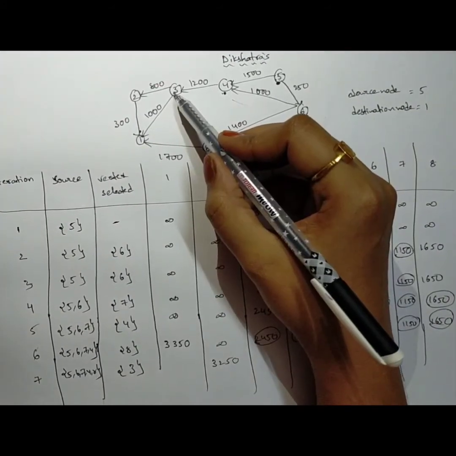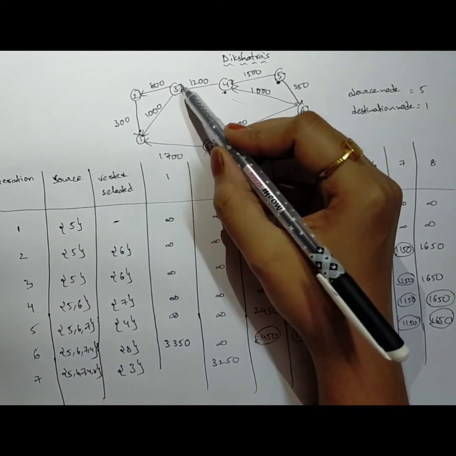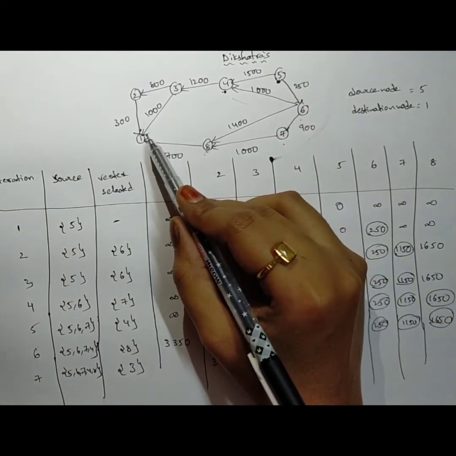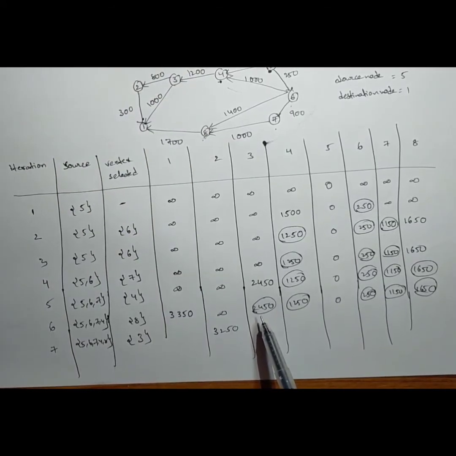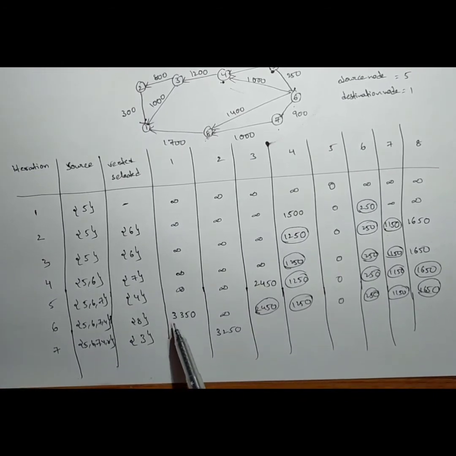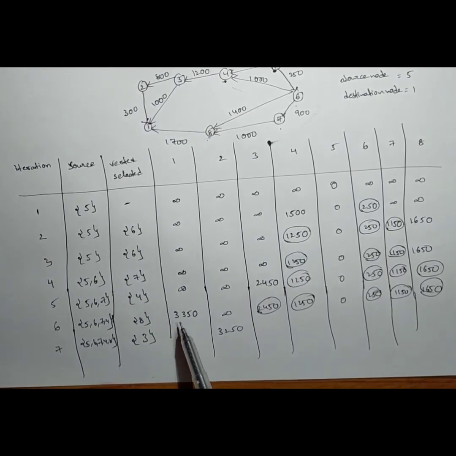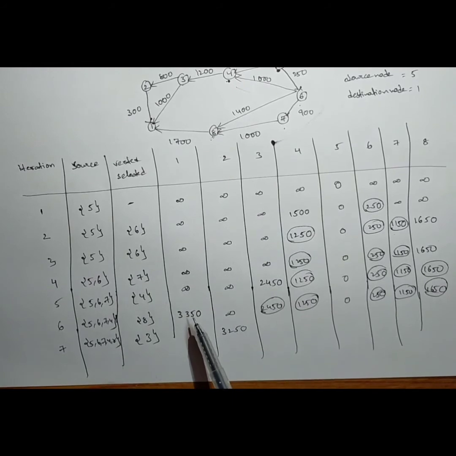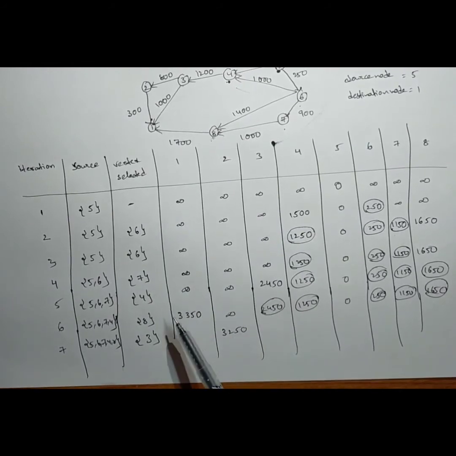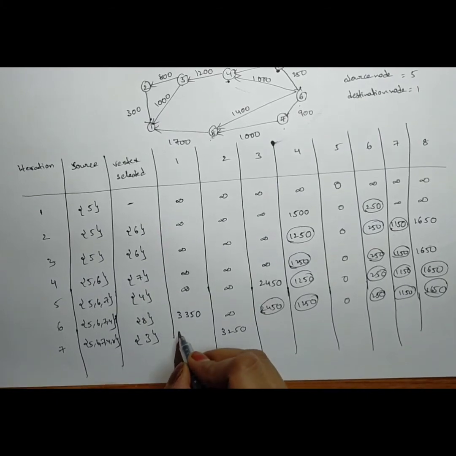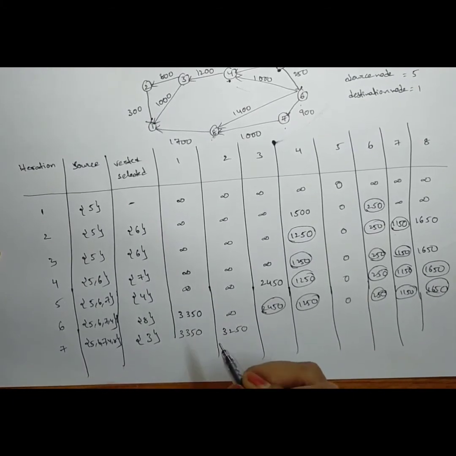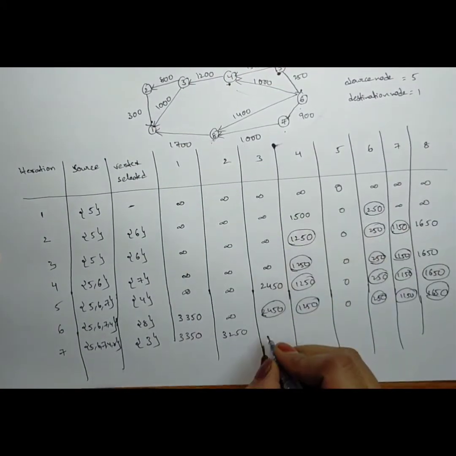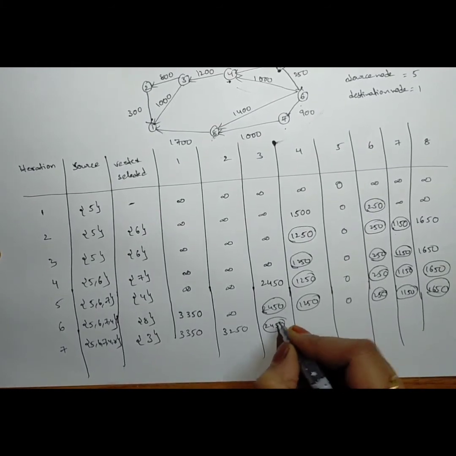3250. Here we have another edge from 3 to 1. Till 3 we have 2450 distance, and from 3 we have a distance of 1000. The value is 3450. This 3450 value is greater than 3350, so I am not changing this distance in the vertex 1, as 3450 is a greater value than this value. So I am placing this value as it is without any change. As I have considered all the edges from vertex 3, I am placing the remaining vertices as they are.